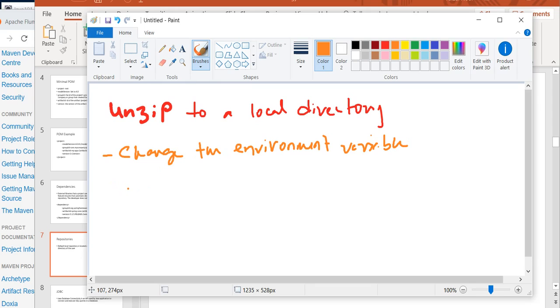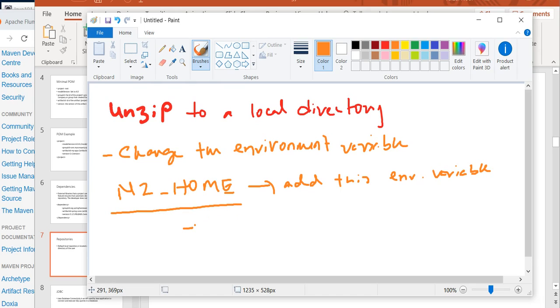Okay, and within that we have to add M2_HOME. Okay, so add this environment variable, and this is going to be the key, and the value would be